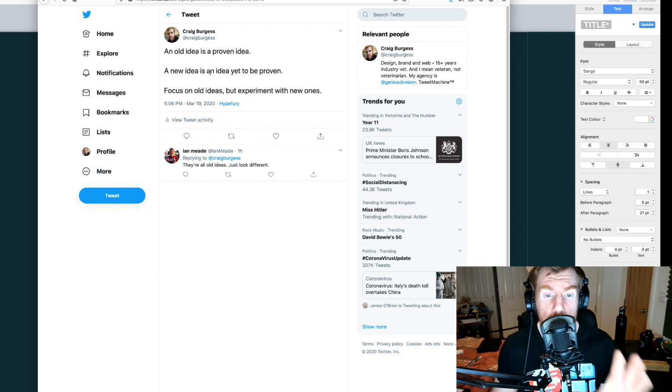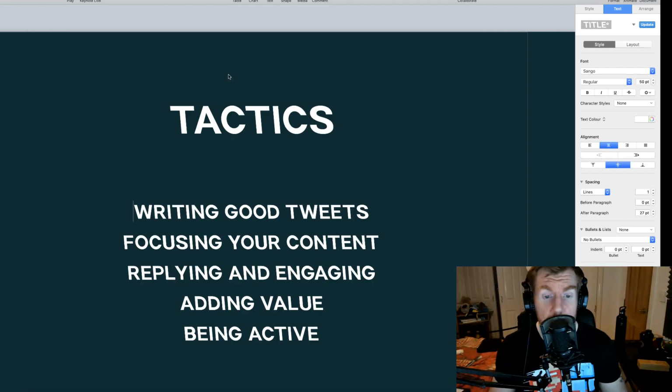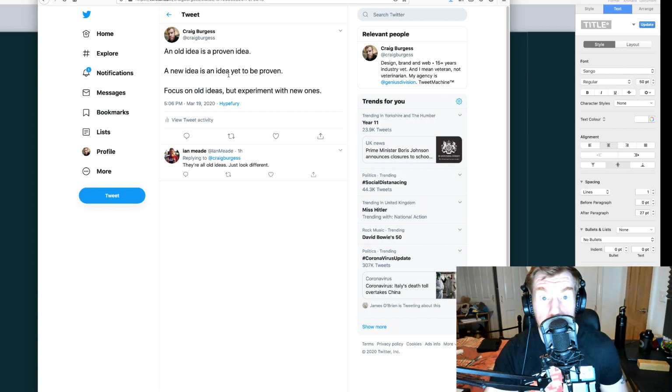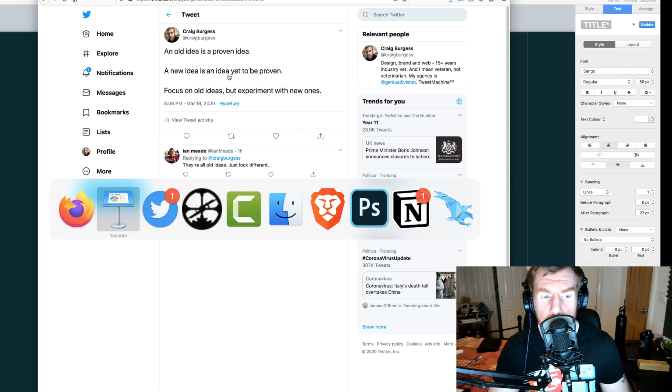You need to focus on writing good tweets like this. The second thing is you need to focus your content, which I just mentioned. Replying and engaging is super important, especially when you've not got many followers on Twitter, but it's still important when you've got lots of followers. Adding value needs to be the 100% focus on everything you're doing on Twitter and across other social media platforms, and also being active. So the way I'm finding really useful for being active is using a thing called Hype